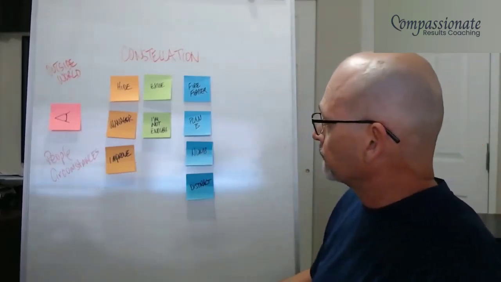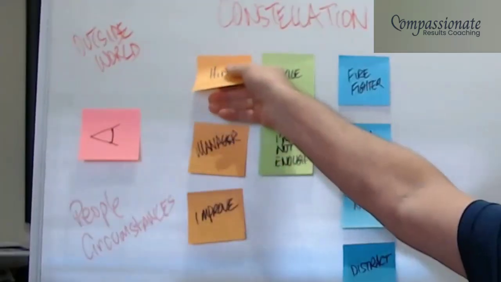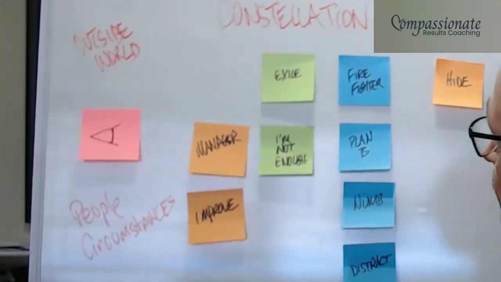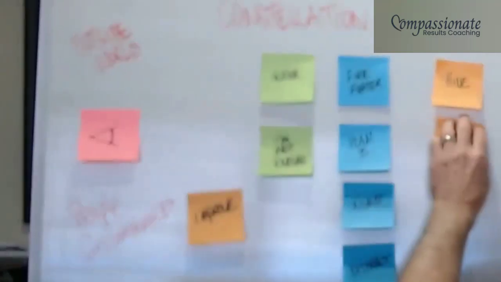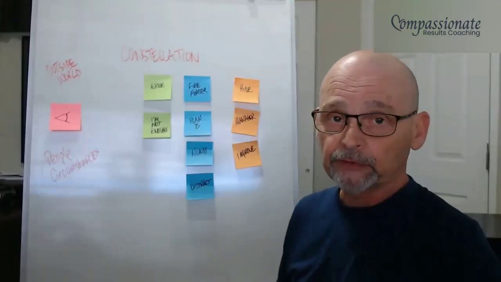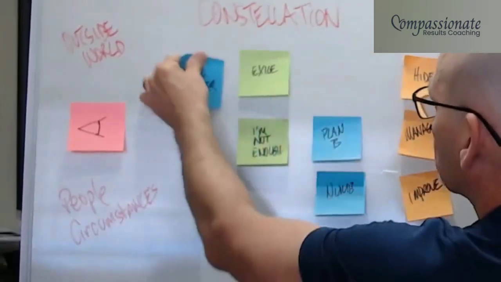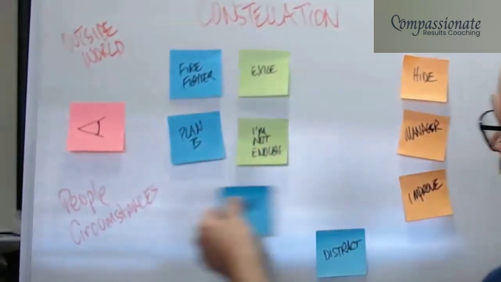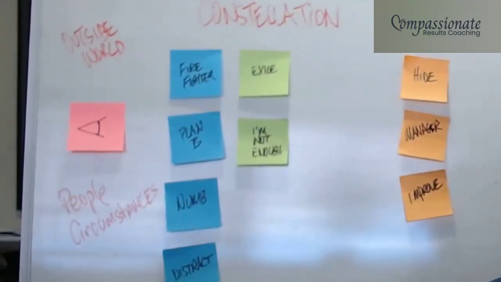So now let's just say that the manager that tries to hide the exile fails. So now the outside world sees that I'm not enough, or at least I perceive that the outside world sees that I'm not enough. Well, immediately now, the firefighters have to step in front of the exile and execute plan B. And that may be a numbing, it may be a distracting, it might be any number of things.